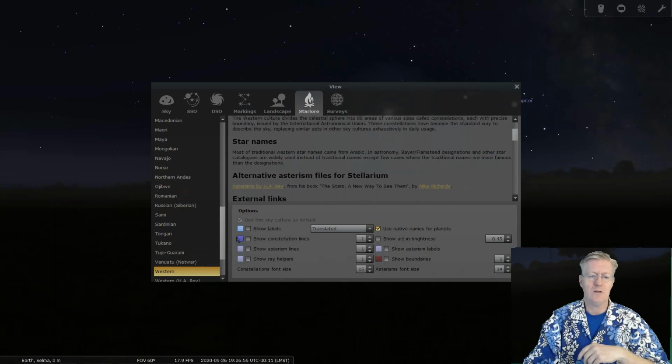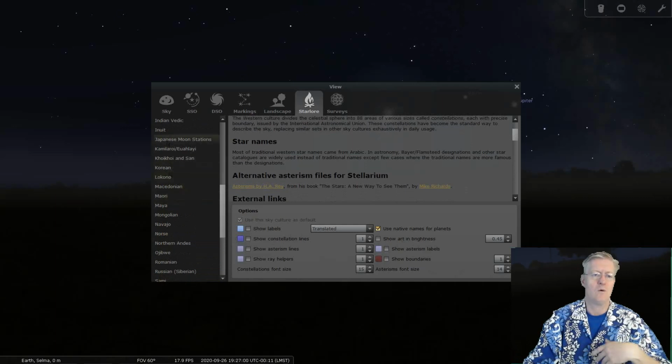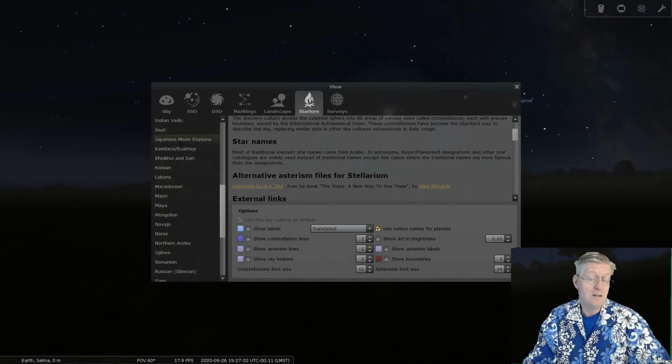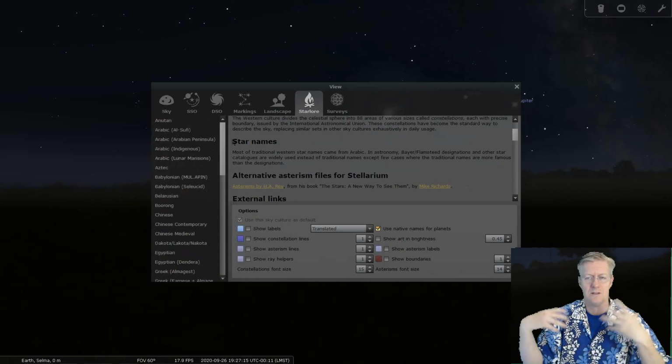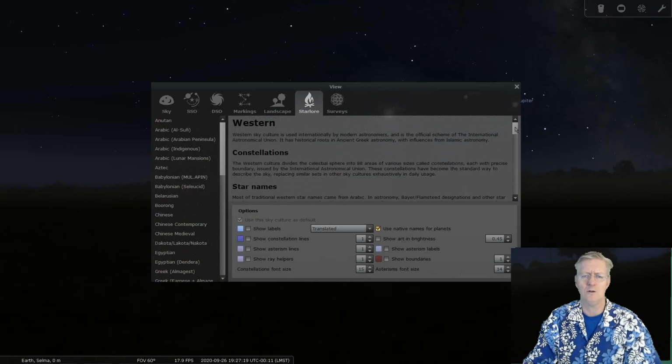And notice I'm using the Western one, but let's say that you wanted to use the Korean one or the Inuit or the Japanese or any other star maps out there. Everybody has their own, right? So, wow, look at all of these. There are a long list of different options here for star names and star constellations. So we call that star lore. And I'm going to stick with Western for this video here.